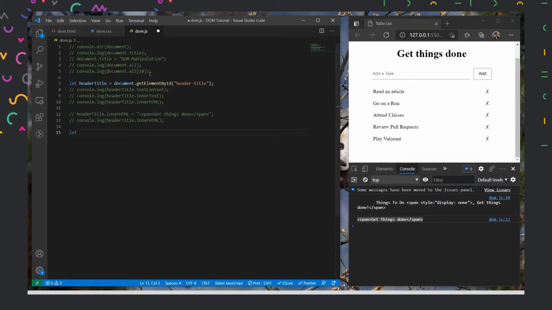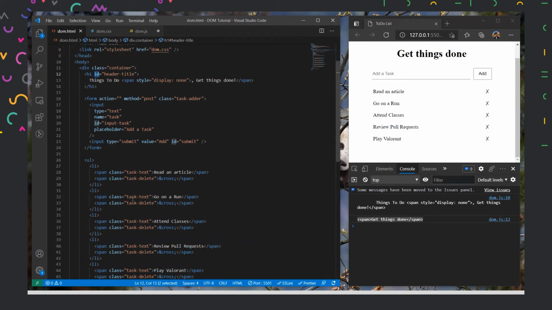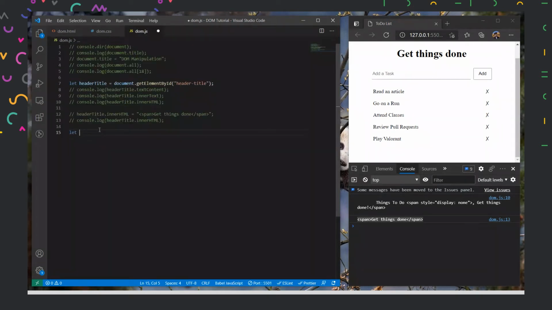If we see our HTML, we have something called task text repeating many times. And when we select it, what should happen? It should not select one, but it should give me all the elements here. All these elements are collected inside an HTML collection, which we could create an analogy for array itself, but that's not exactly an array. It is an HTML collection. And that's why all our array methods which we discussed in our last session, like forEach, filter, map, won't work here. So if I show it in action, let us see this.